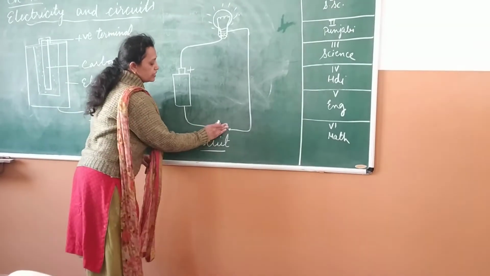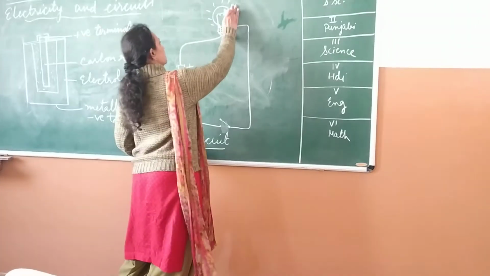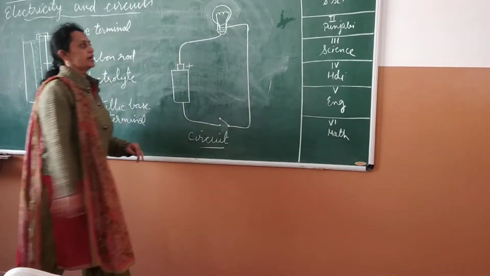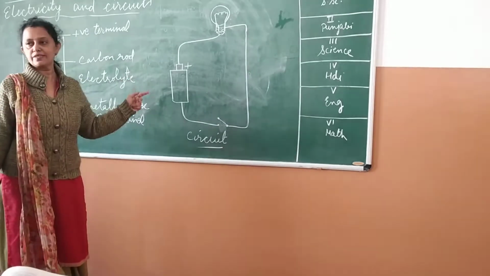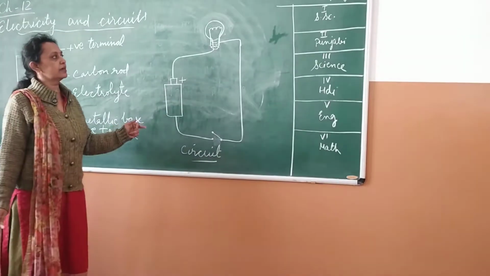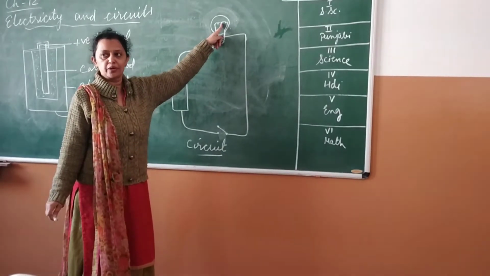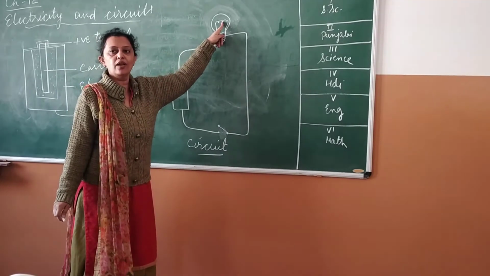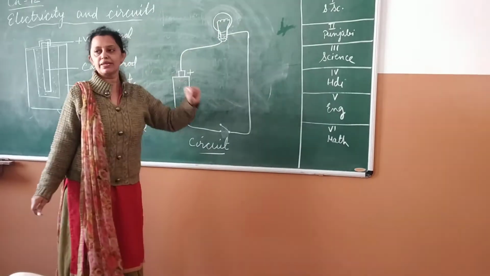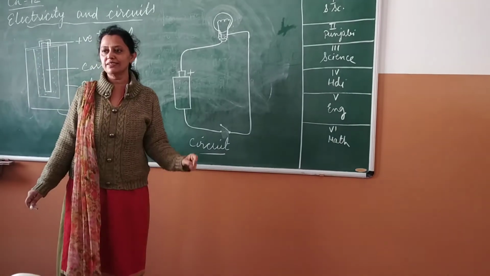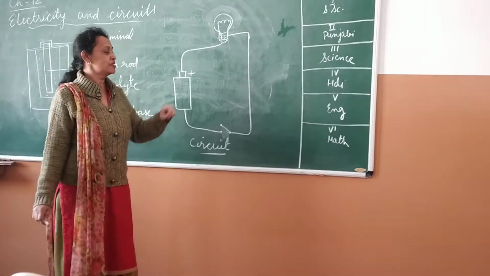When the switch is in off position, then we call it an incomplete circuit and the bulb does not glow. Some other reasons when the bulb is not glowing, what could be other reasons? The filament of the bulb may be broken. In that case we say the bulb is fused. What is filament? Filament is the inside part of the bulb from which the bulb glows. Not source. Source is the cell.